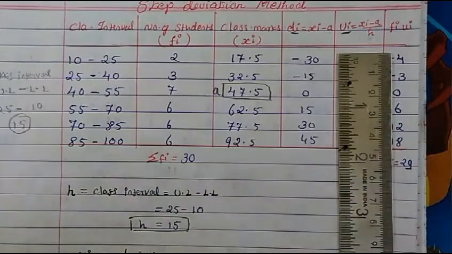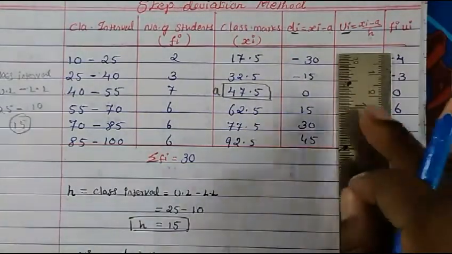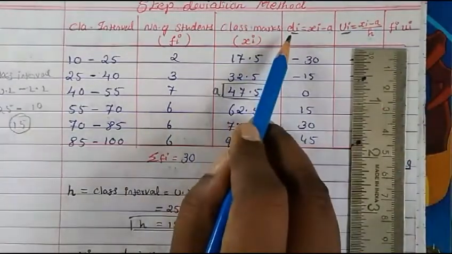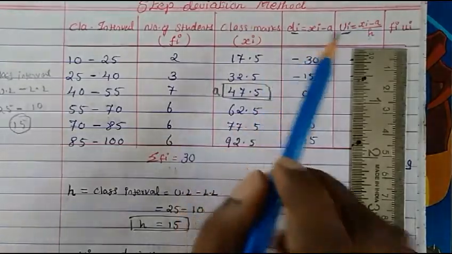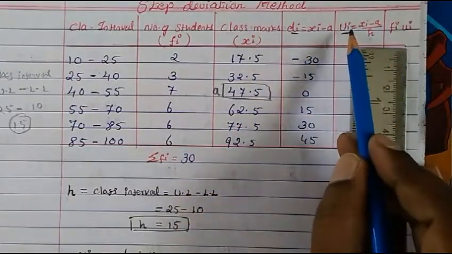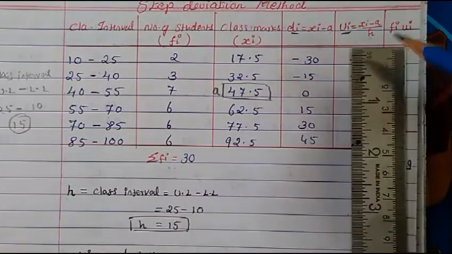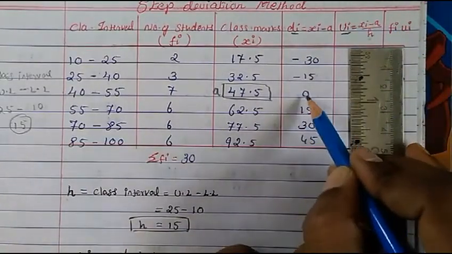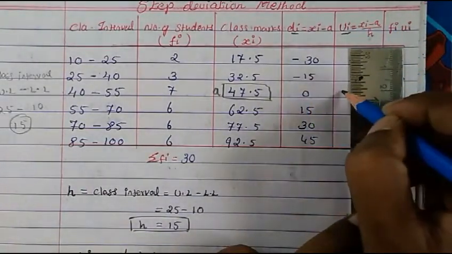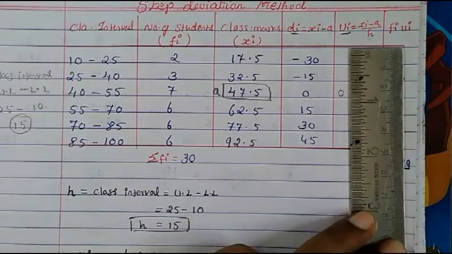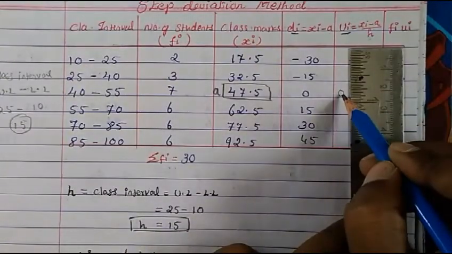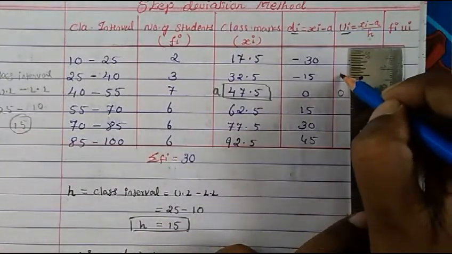Okay. So you don't need to do all this calculation. Easy method I'll explain to you. As I told you, easy method for di, shortcut. Same way I'll tell you shortcut for ui. ui is so easy. You don't need to do anything. All that you have to do is where you have written 0, you just write down 0 here. So you don't need to do all this calculation what I taught you. This calculation you don't need to do. Just where you have 0, write down 0 and just write 1 to 3.